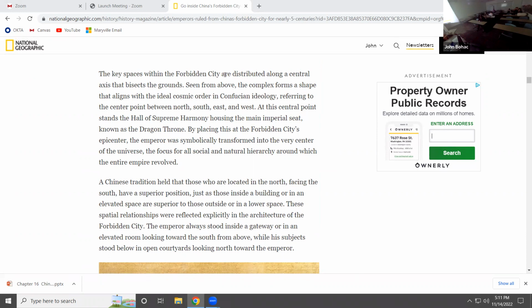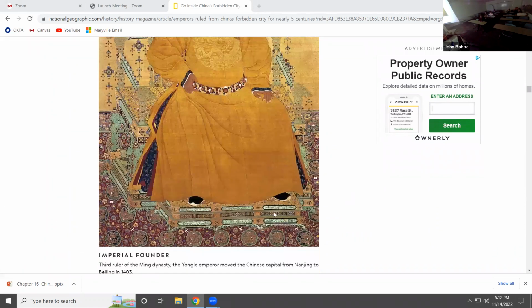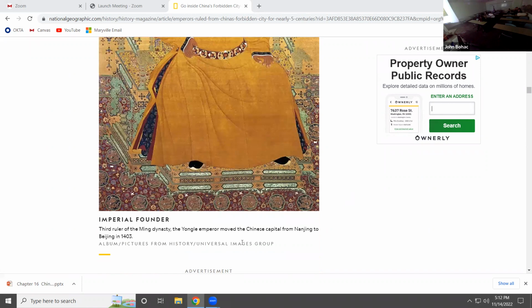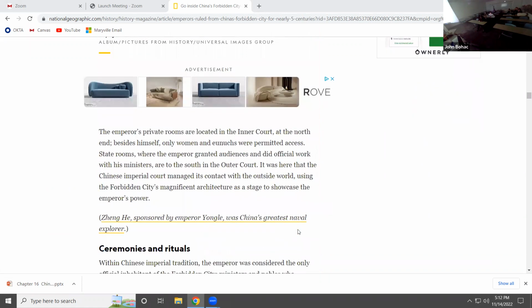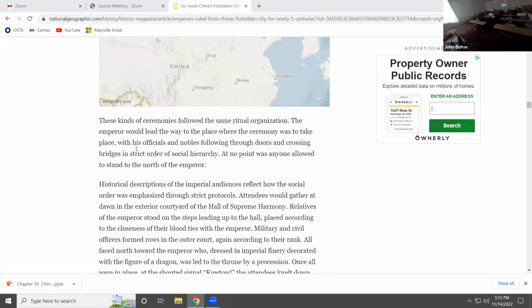That's religious, philosophical; it's a symbol, it's a belief. Anyway, here is the third ruler of the Ming Dynasty, who moved the Chinese capital from Nanjing to Beijing. Like I said, the emperor was the only official inhabitant, and ministers and nobles who represented the people were mere visitors. But they had rooms, they could stay there, but at any rate,